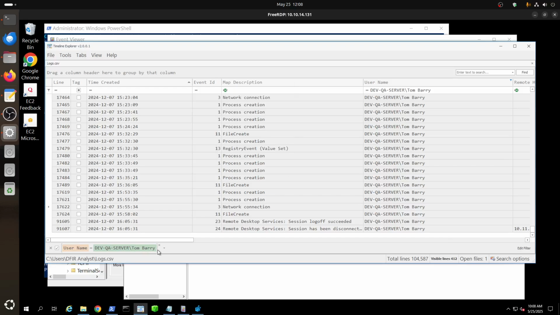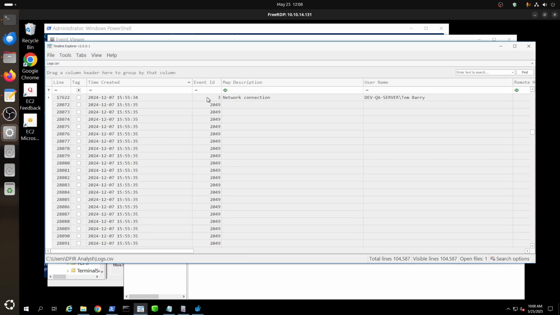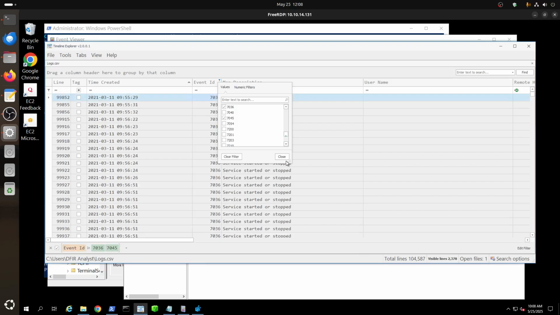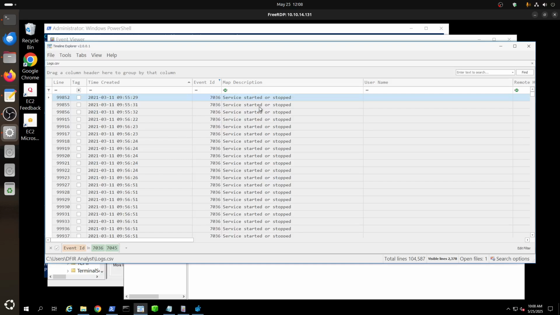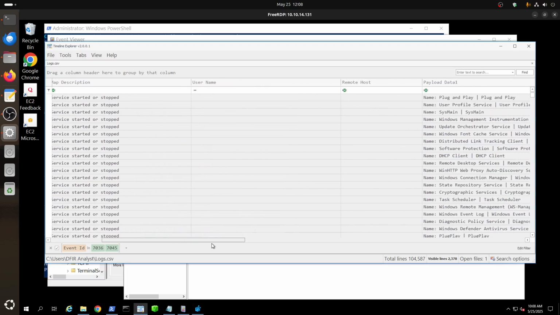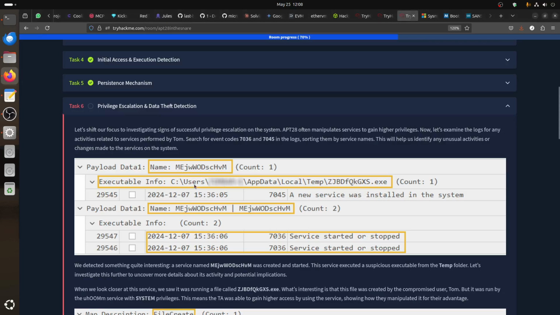I think these things need to be removed for now. 7036 and 7045. You can see service status stopped. That's why we can see them, because the search is not on the username. If you keep that username filter, you don't see them, because I think the service is not running under the same user or something. I'm really surprised when he said